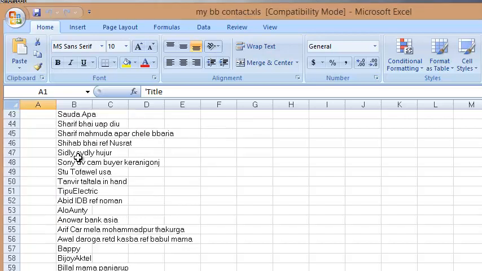Okay. Also, you can save this Excel file anywhere, or back up this file to an online folder like